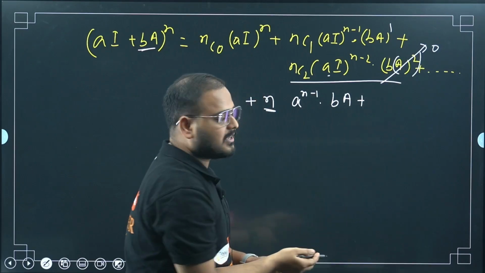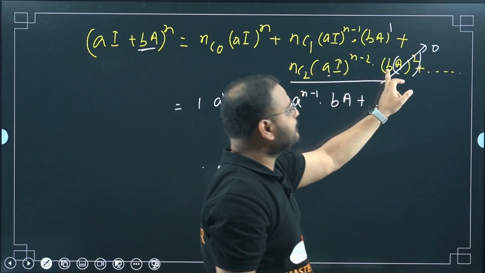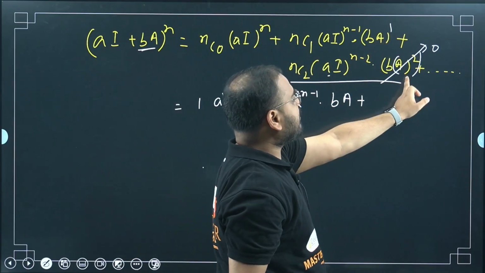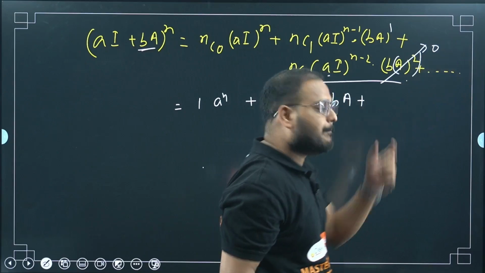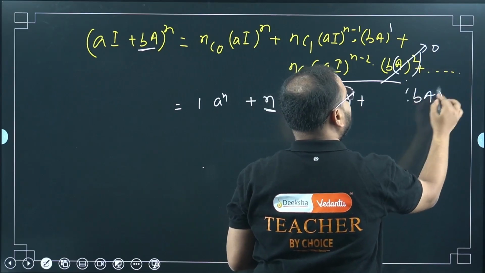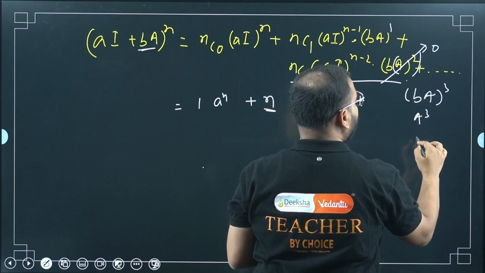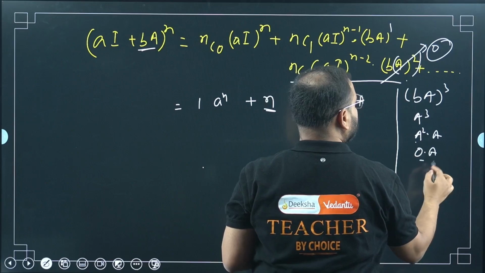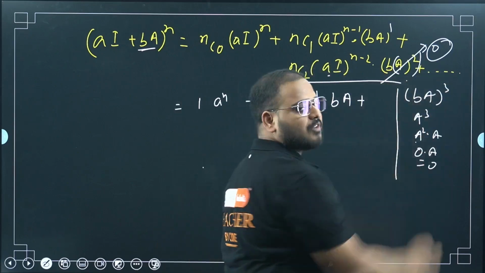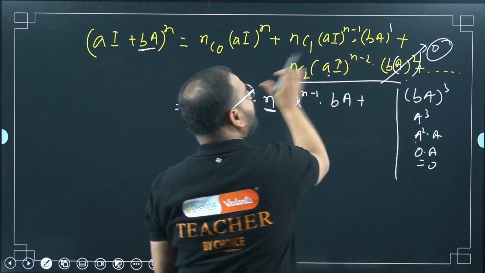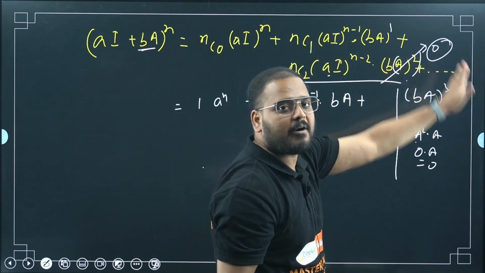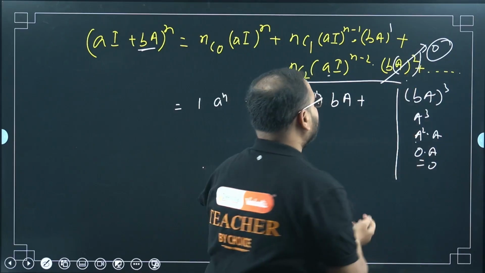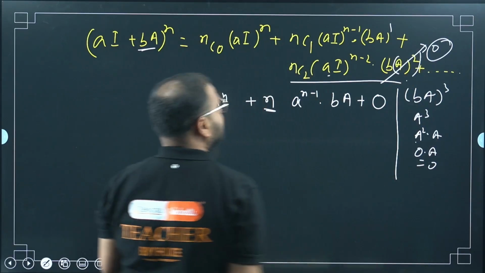Now if you write the next term, you'll have all of this, but you'll have BA to the power 3. Please check. Power was nothing here. Power became BA to 1. Power became BA to 2. Next term will be BA to 3. If I write BA power 3, simply it will be what? A cube. A cube will be what? A square into A. Right? A square is 0, right? So 0 into A will be what? Simply 0. So this whole thing after A square will always be 0. If this term is 0, means the whole thing is 0. So after A square I have A cube, A power 4, A power n. Everything will have A square in it, and A square is 0, means everything will be 0. Correct? So I don't have to write this, simply 0.